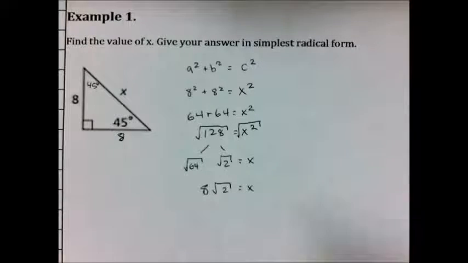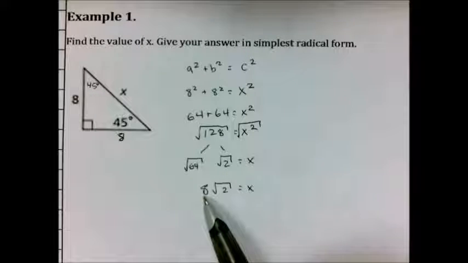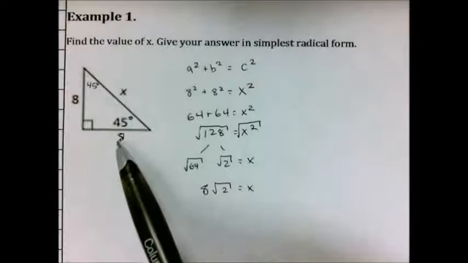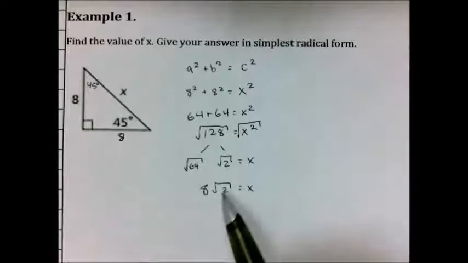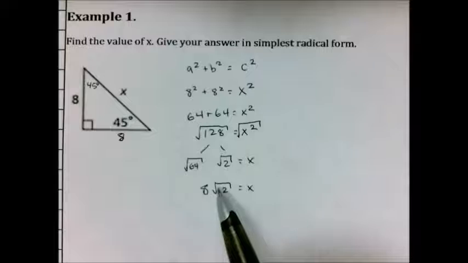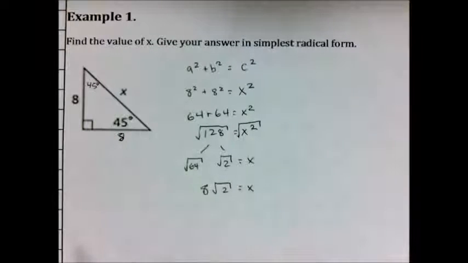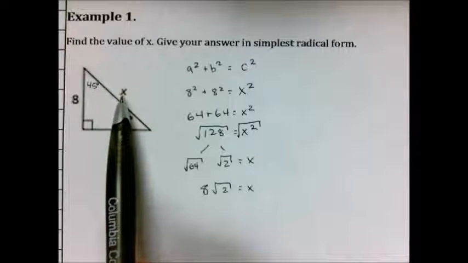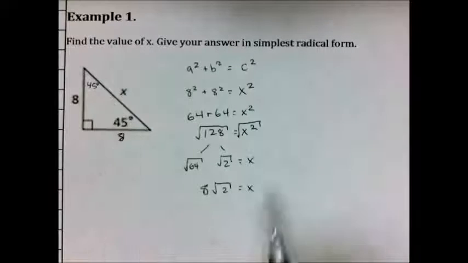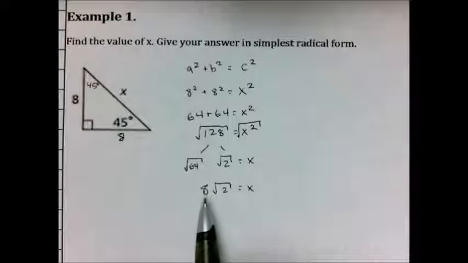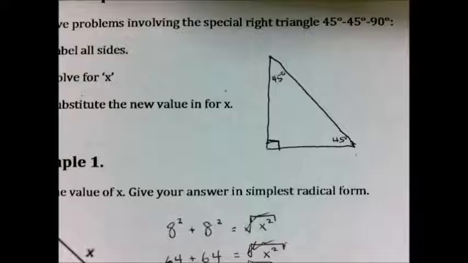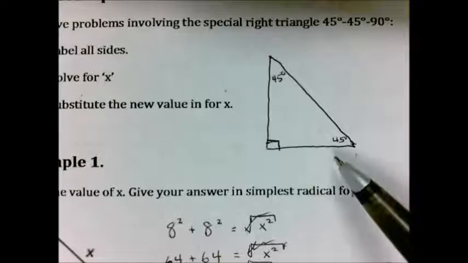I want you to see that we have the 8 right here. That 8 is the same length as the side. The radical here is just the square root of 2. What you'll end up finding is that in an isosceles right triangle, in a 45-45-90 triangle, the x value, or the hypotenuse, is always going to be the length of the leg times the square root of 2. Okay, so I want you to go back up to the key concept here,